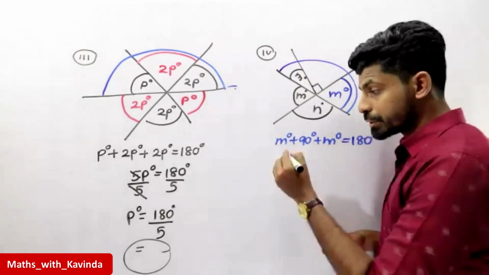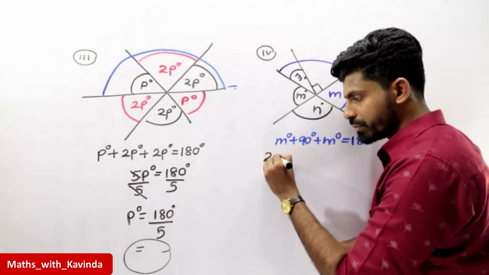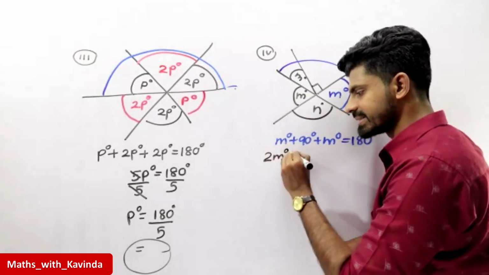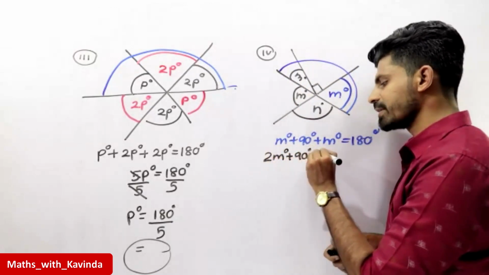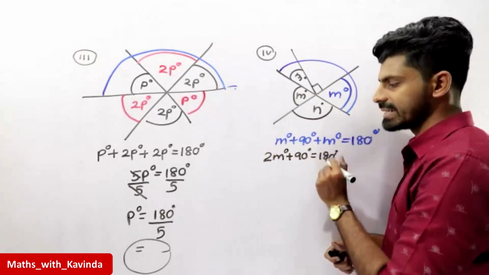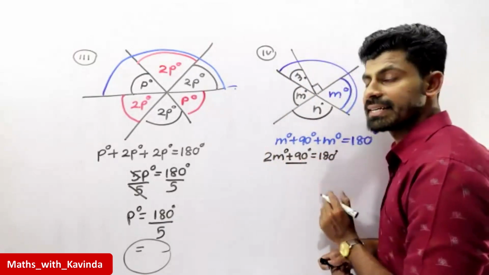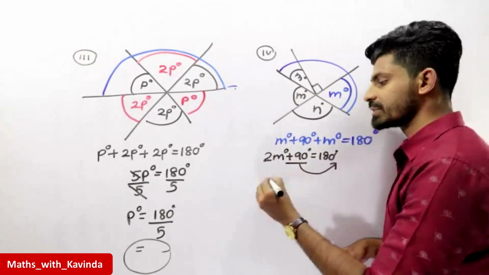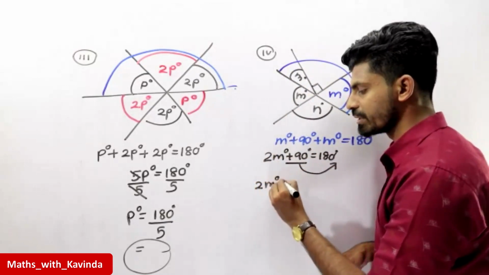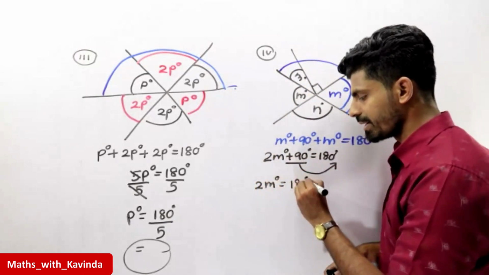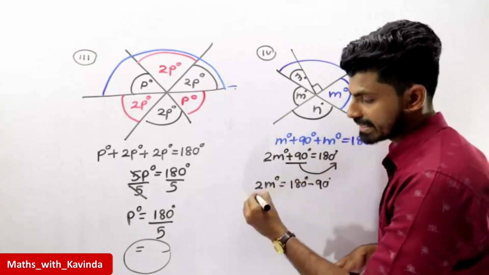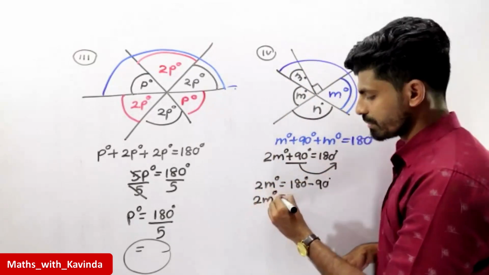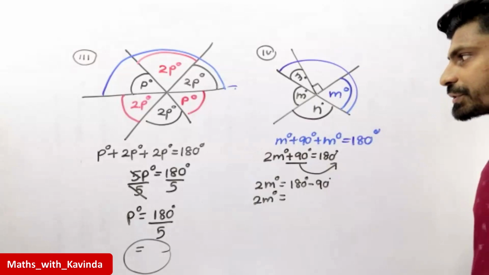M plus M is 2M. 2M plus 90 equals 180. Plus 90 moving to the other side, so 180 minus 90. So 2M equals